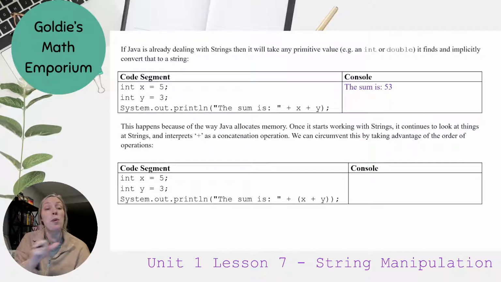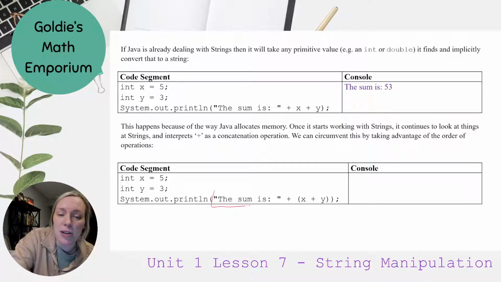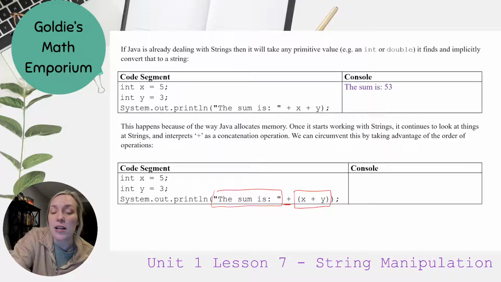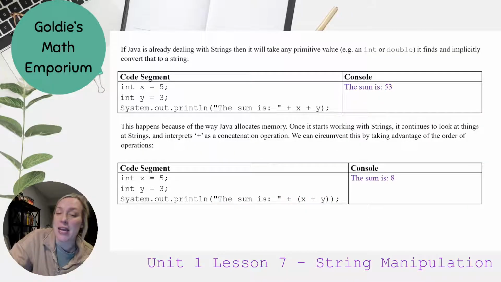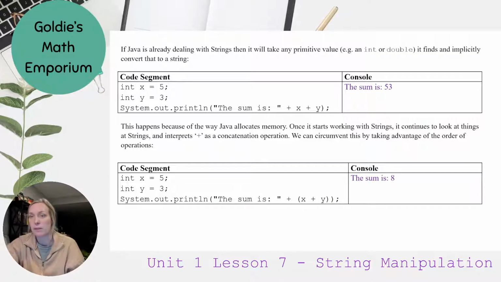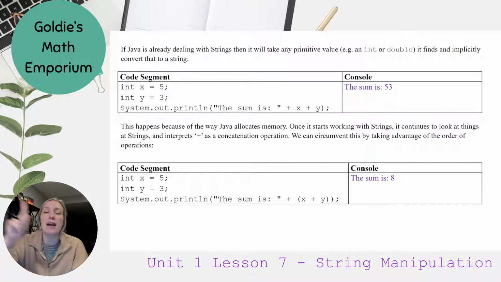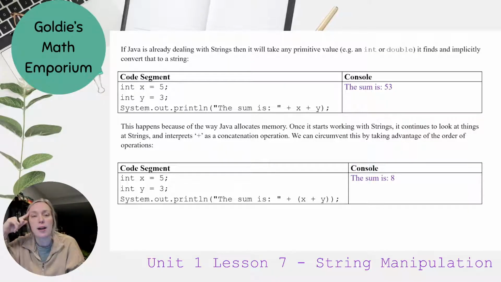Okay. But like I said, parentheses override that. So if I have this as my string, plus, and then I have this in parentheses, the parentheses gets evaluated first. So X plus Y is 8. And then the print statement will say the sum is 8. Okay. So hopefully you remember us talking about that. It's worth repeating here. That's specific to the print line